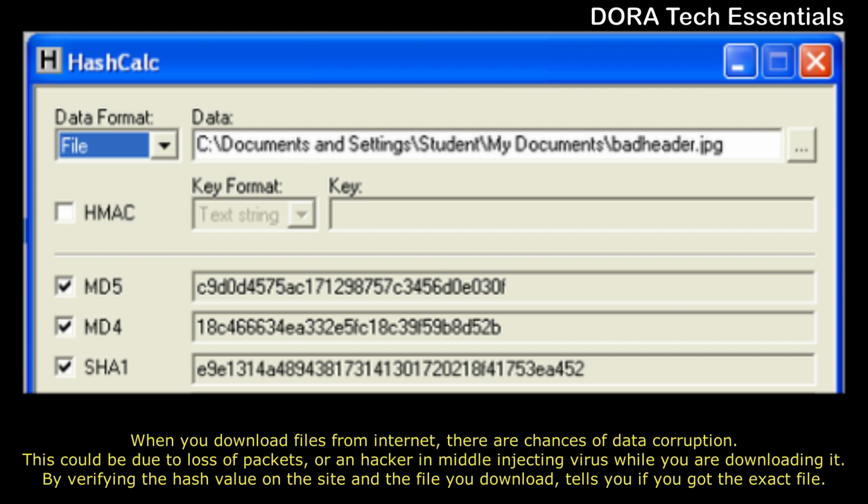When you download files from the internet, there are chances of data corruption. This could be due to loss of packets, or a hacker in the middle injecting a virus while you are downloading it. Verifying the hash value on the site against the file you downloaded tells you if you got the exact